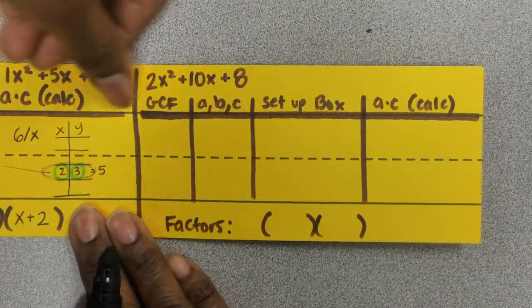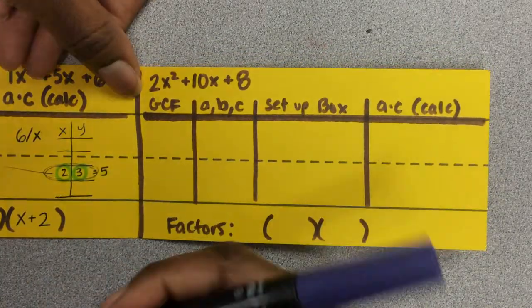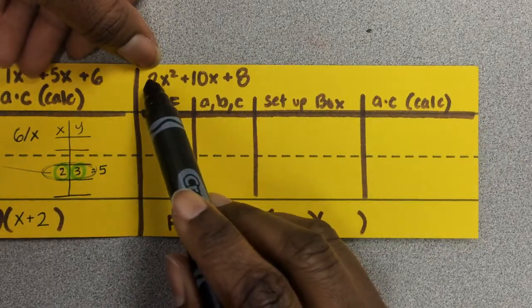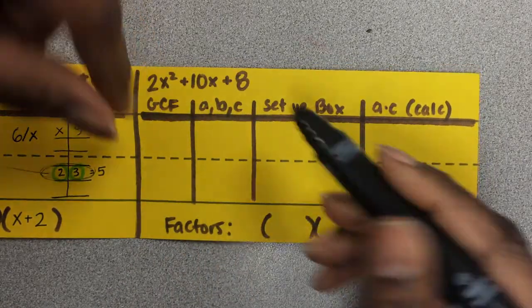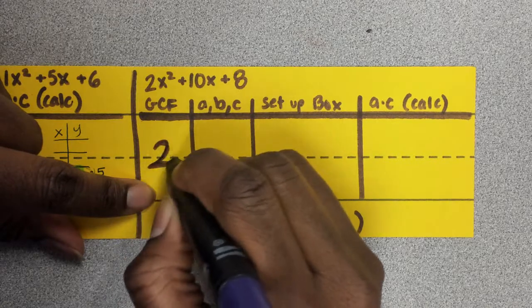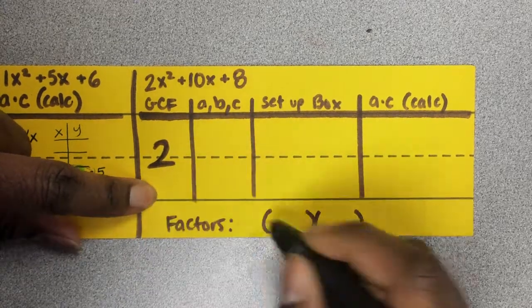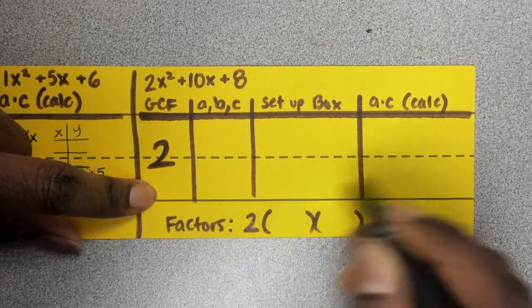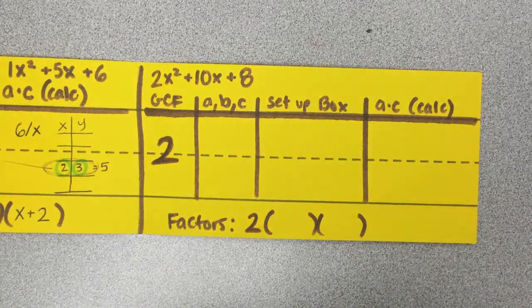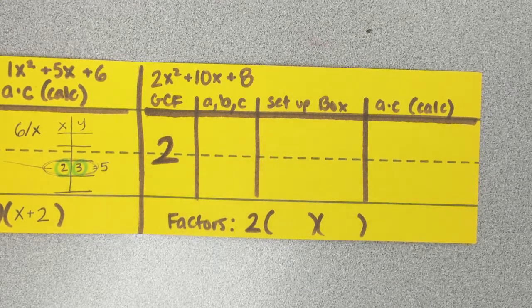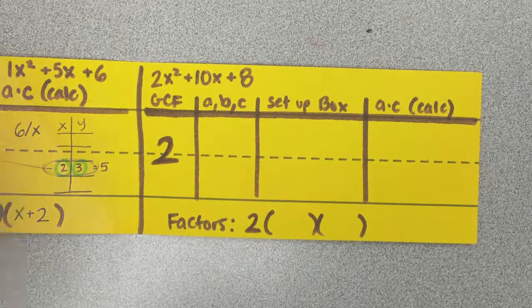So first, we're trying to figure out, is there a GCF? And in most cases, if you see a 2 in the front and everything can be divided by 2, then our GCF is 2. However, please don't forget about that 2. The 2 gets brought out to the front of the parentheses because that's a part of the answer, a part of the factors. All right? Your 2 could be ugly or pretty, but at least it's there, you know? All right, so